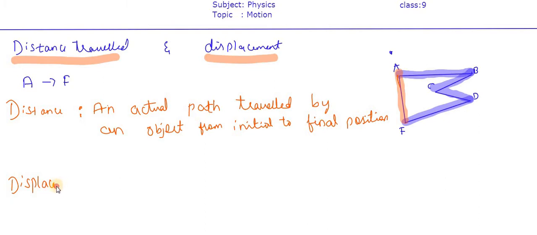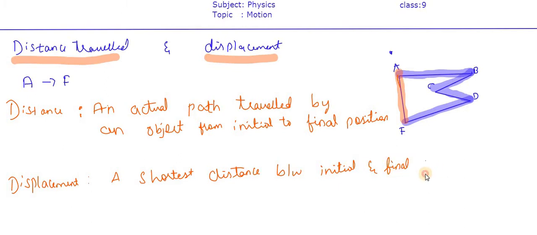But displacement is nothing but the shortest distance between the initial and final position. So in both cases, the blue color and the red color, I